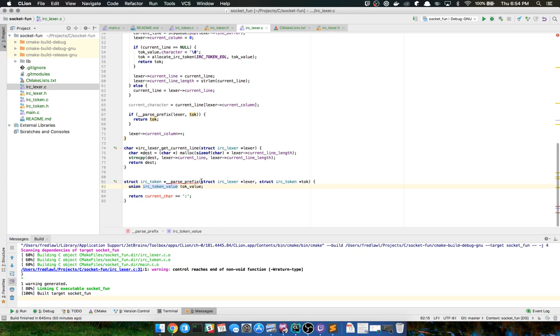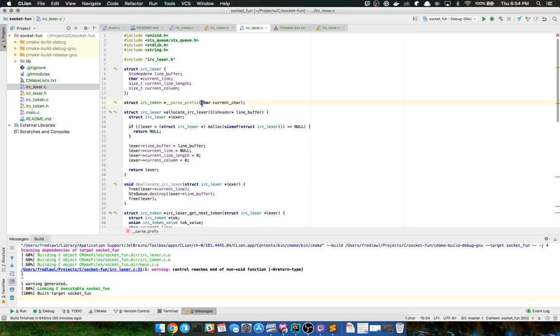All right, I do want to pass in the lexer. The problem is, even though these are statically defined functions, they're still not within the scope of this. Since this is allocating a brand new one, it's still outside of scope.